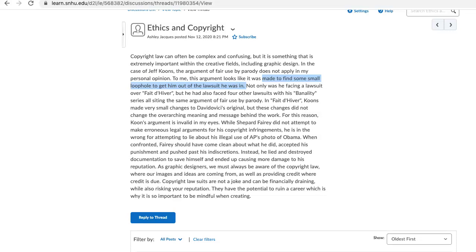At any rate, it raises a lot of discussions. I think we all need to take a look at our images, where we find them, in light of this discussion about ethics and copyright. And I think where Ferry went wrong is in destroying part of his process. So keep your process records in all of your classes as well as your projects.